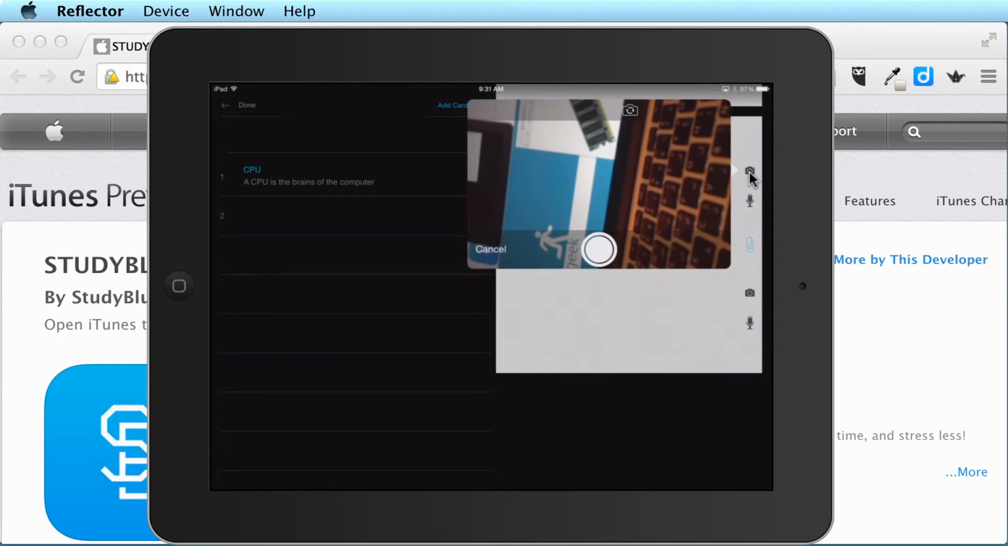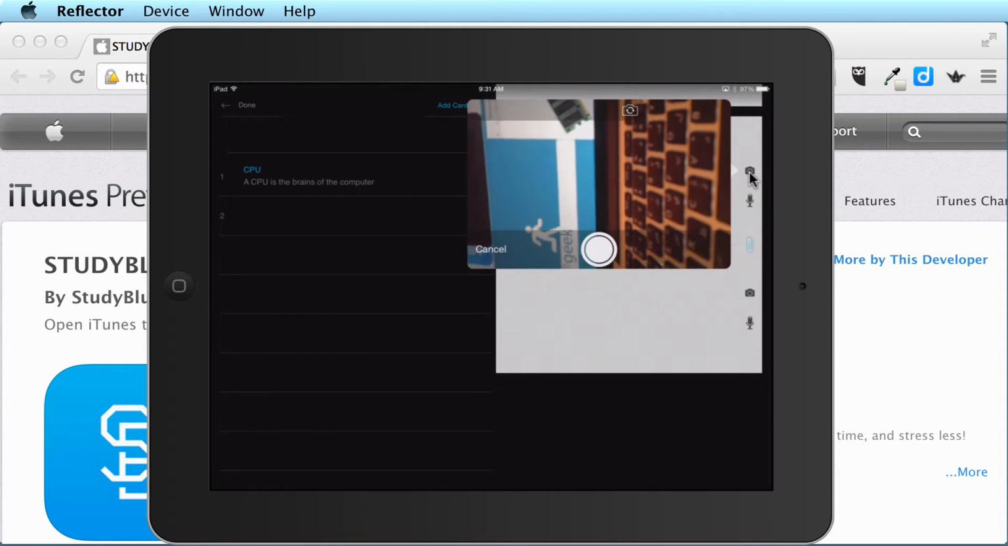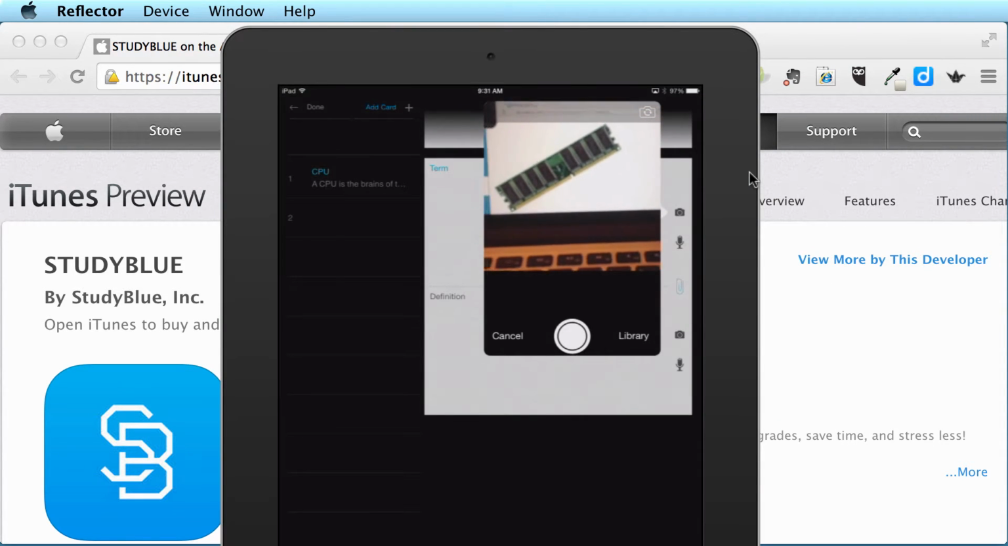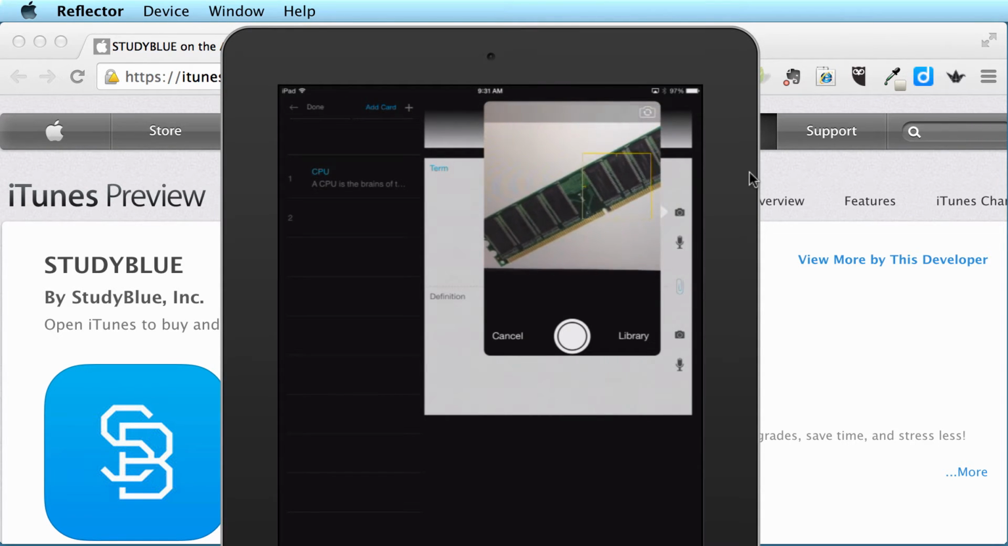Now the first thing you'll notice about this is that you can't have the iPad in landscape view. You've got to actually rotate it and have it in portrait view like this. Now what I'm going to do is I'm just going to take a picture of some RAM that I've got on my computer screen. If you have a look at the picture that I've taken there, when I press the button,